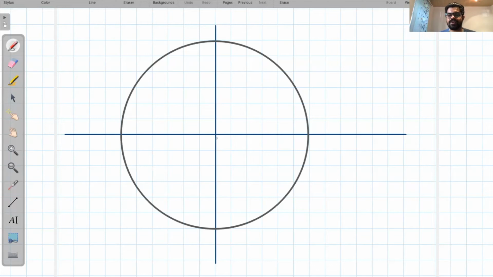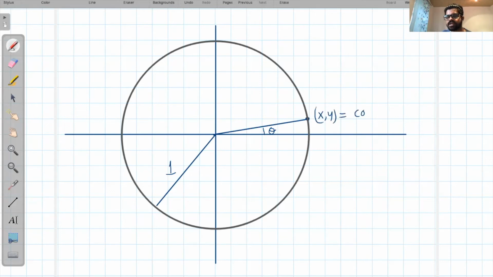This is the third way of visualizing these approximations. What we have here is a unit circle with radius 1. And since we are talking about small angle approximations, we need to draw a small angle theta. Let theta be that angle. And I know that the coordinates of this point, x and y, are given by cosine of theta and sine of theta. It is because, as we saw in the last video, cosine and sine are the coordinates of a unit circle defined by this equation x squared plus y squared is equal to 1,